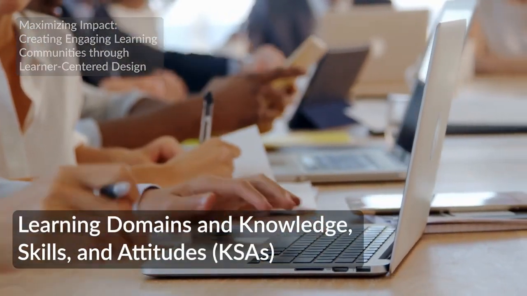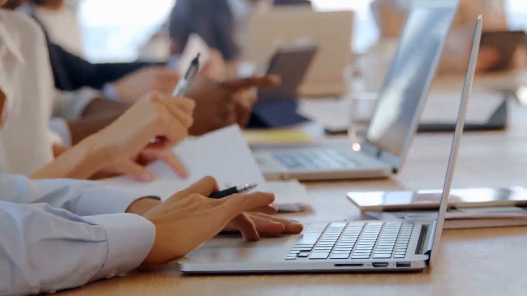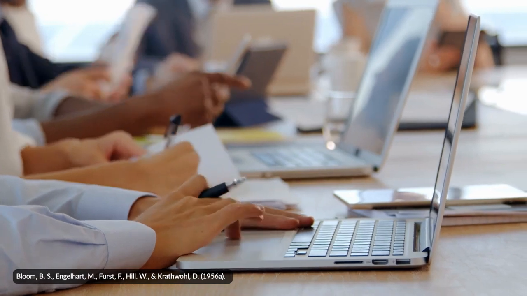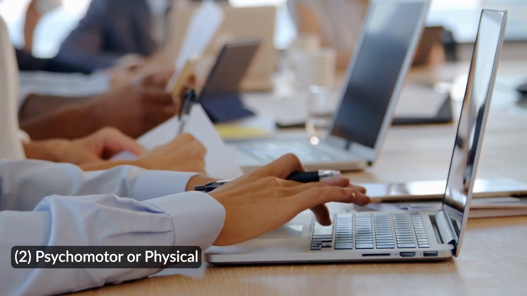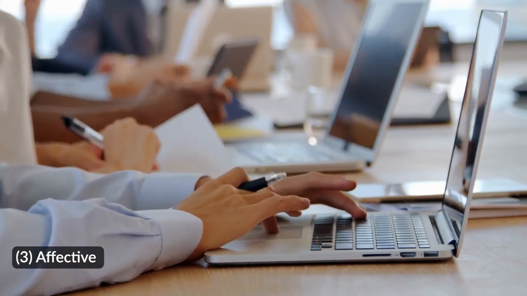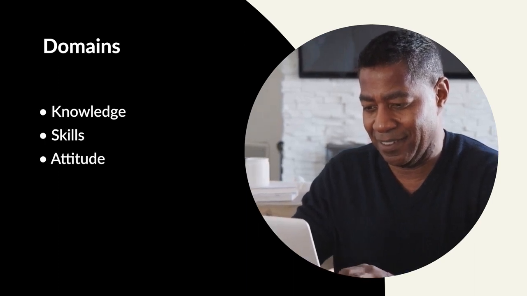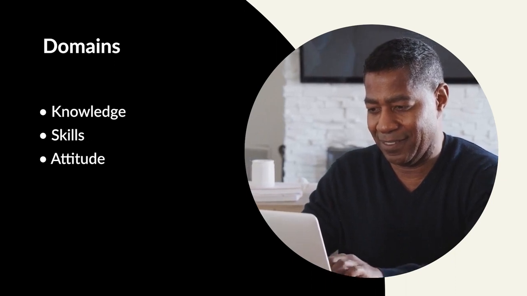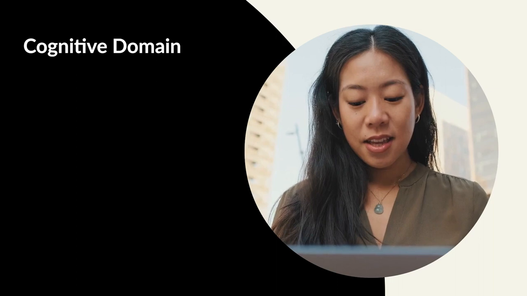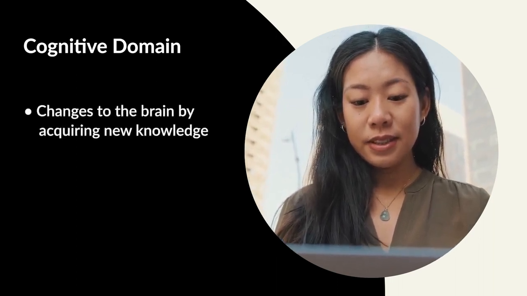Initial steps in the learning design process include identifying content and determining learning tasks. Bloom identified 3 domains where changes based on learning occur: the cognitive, psychomotor (physical), and affective learning domains. Bloom organized learning tasks within each domain into the knowledge, skills, and/or attitude changes desired as outcomes of a proposed learning experience.